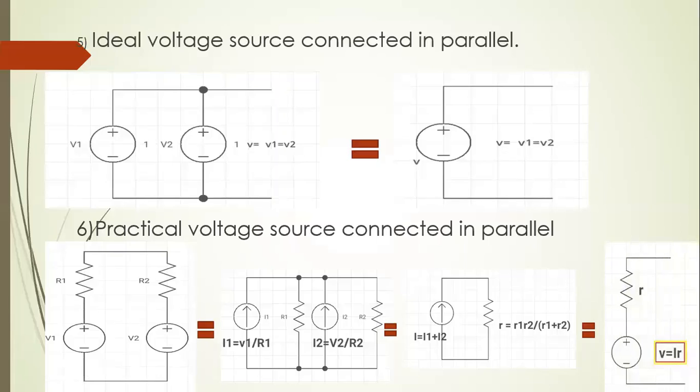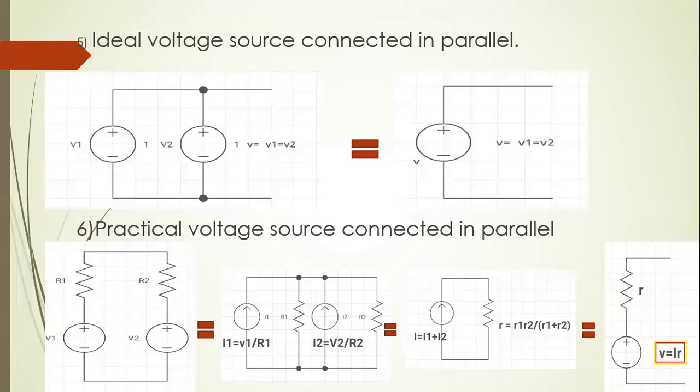Hence, the resultant circuit is whatever the source circuit was in the form of voltage and resistance. The complicated circuit has been transformed into a single voltage source connected with a resistance in series with it. Hope you got to know why, if the voltage sources are connected in parallel, the higher voltage which is supplying a current is considered as the resultant one instead of the lower voltage. Okay.